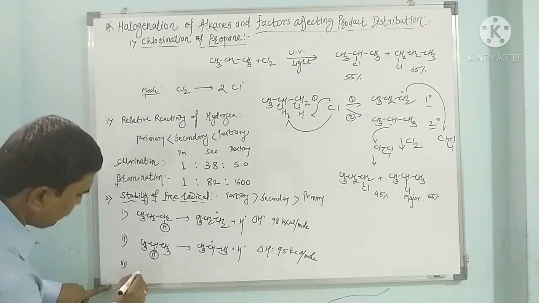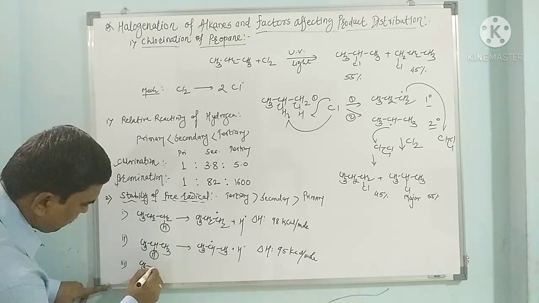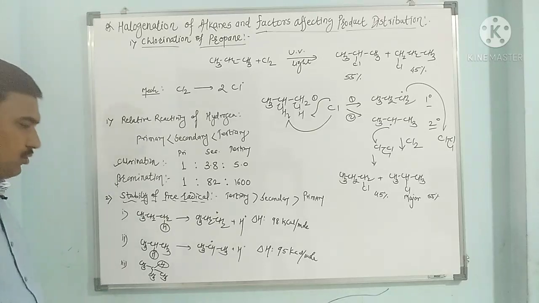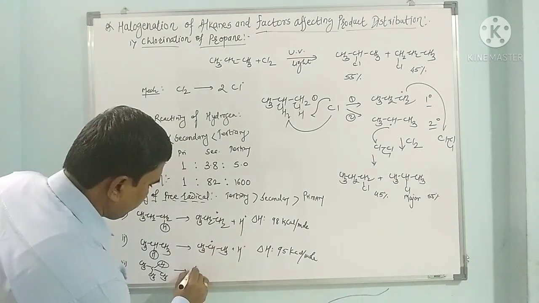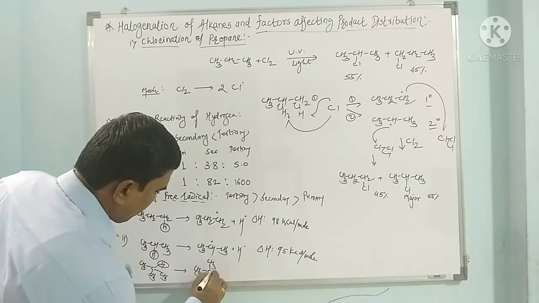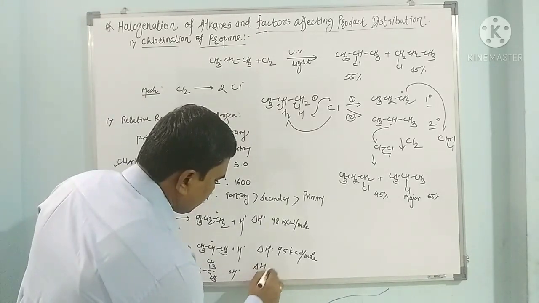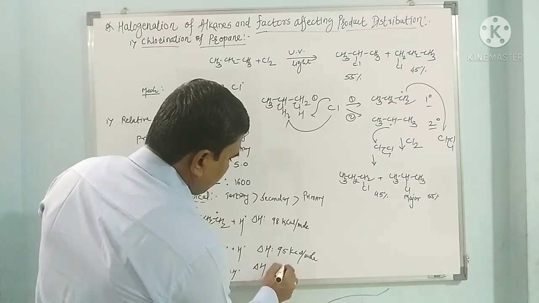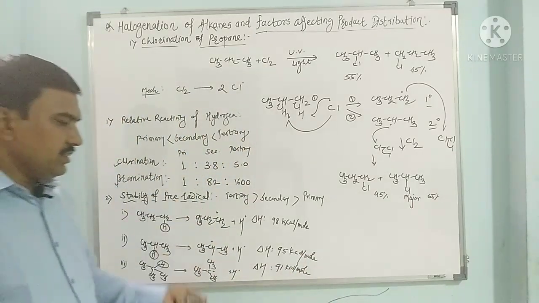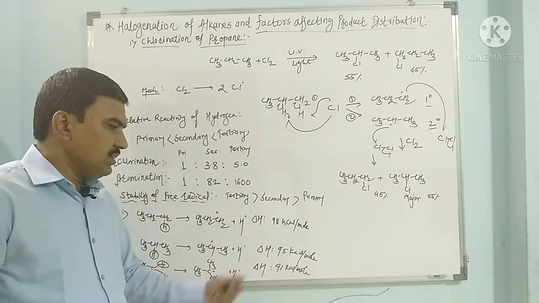And if you see the tertiary proton, in one example, isobutane, CH3CHCH3CH3, this is the tertiary proton. When this tertiary proton is lost, then we get this tertiary free radical plus this hydrogen radical. Then its enthalpy is around 91 kilocalories per mole. So the energy required to lose the tertiary proton is less, that is 91, than the secondary.